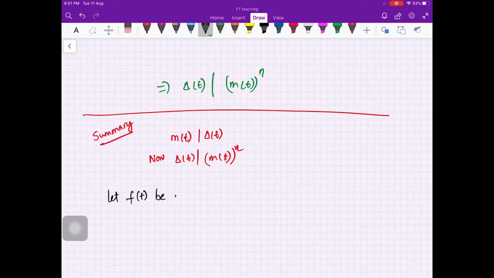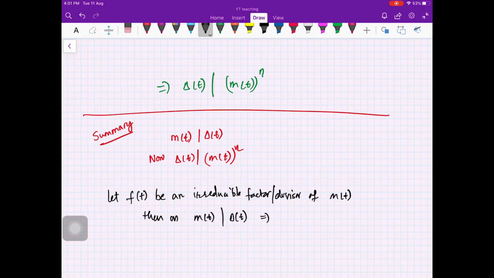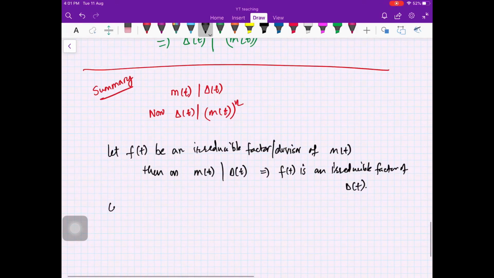Let ft be a linear factor, or maybe you can just not call it linear, because sometimes we are in the complex field. Let ft be an irreducible factor or divisor of mt. Then as mt divides del t, it implies ft is an irreducible factor of del t. Right. Conversely,